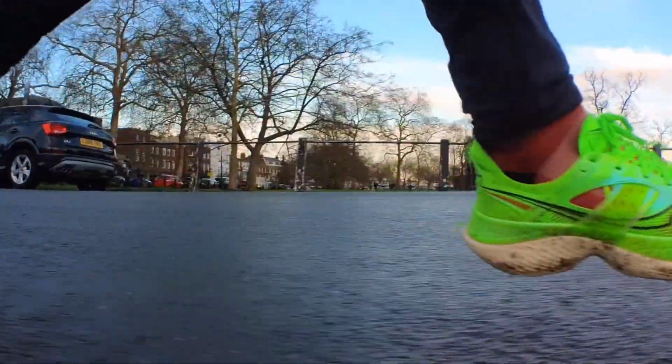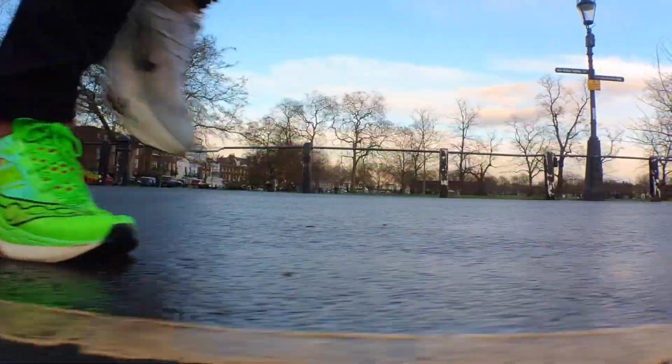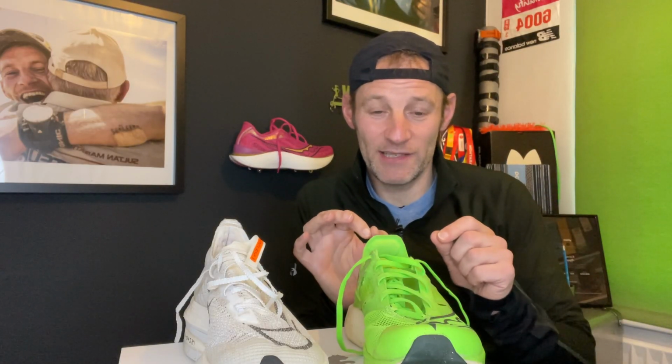Overall, I still think that the Alphafly is a little bit more responsive. I think you get a little bit more energy from it. I think it's a little bit more leg saving than the Saucony Endorphin Elite, but the Elite runs it a real close race here. And maybe if you prefer something that's just marginally more stable,